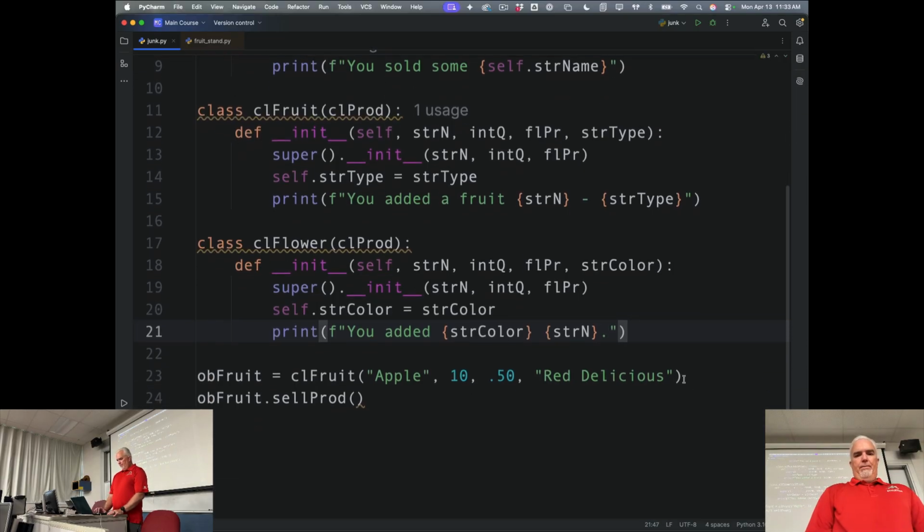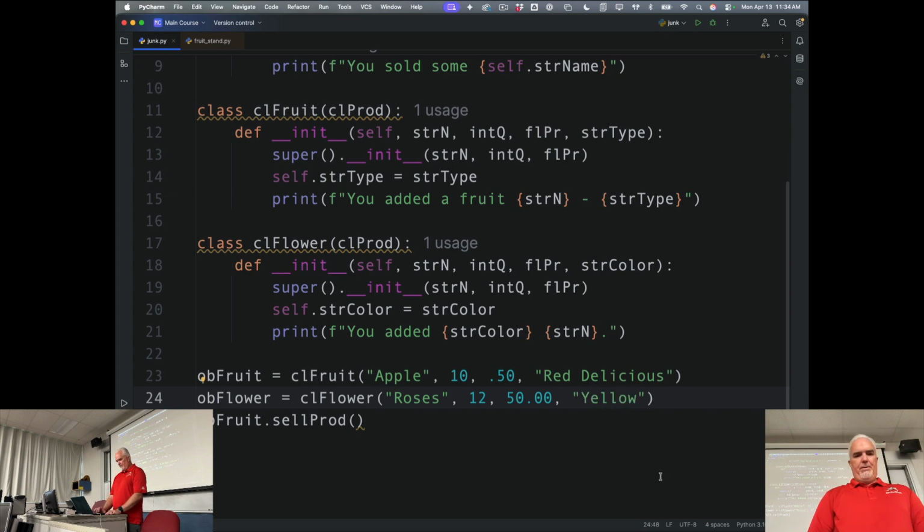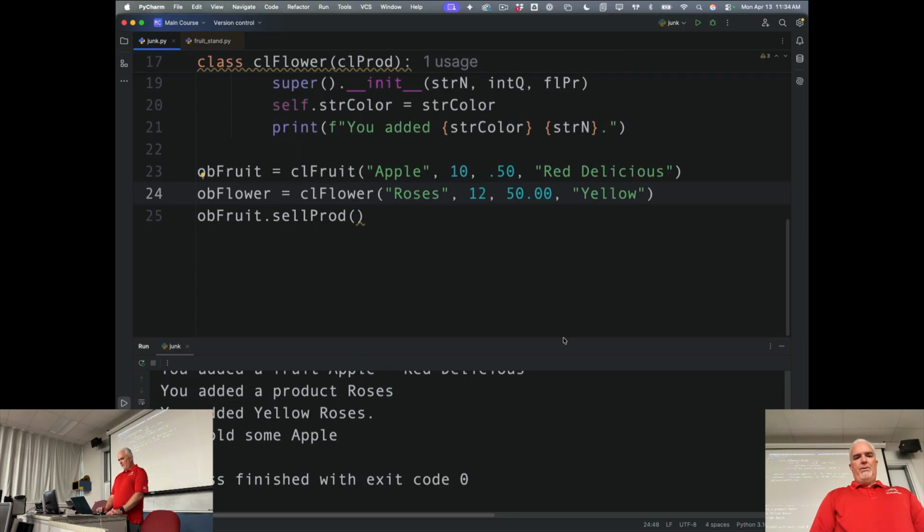So now if I want to, I can say object flower equals CL flower. So I'm creating an instance of that. Roses, and roses are what, like $50 each now? Good times. And give them a color. Let's go yellow on the roses. Okay. So now when I run this,